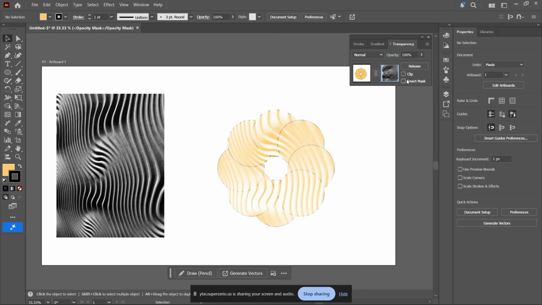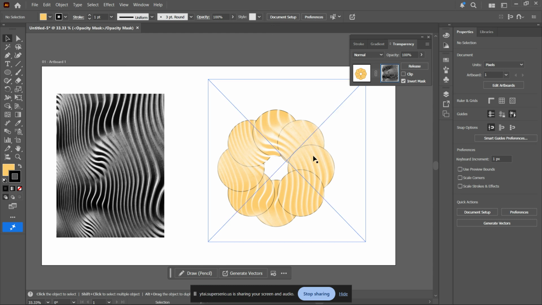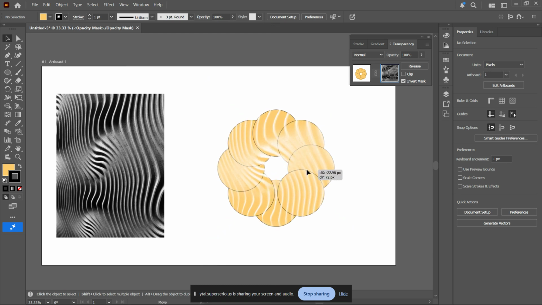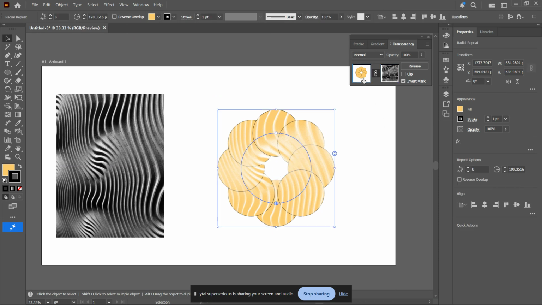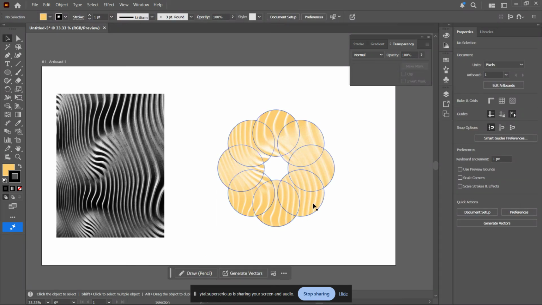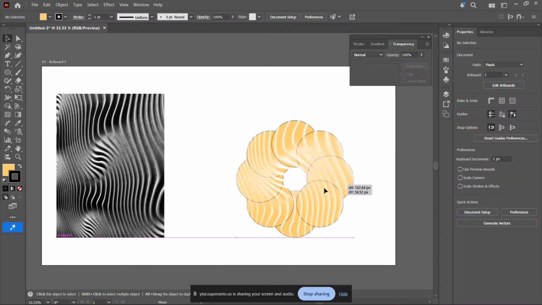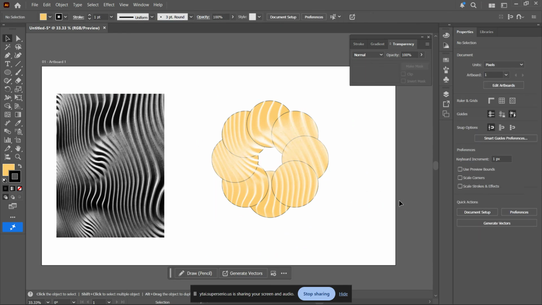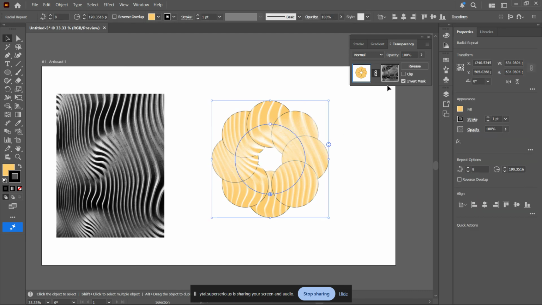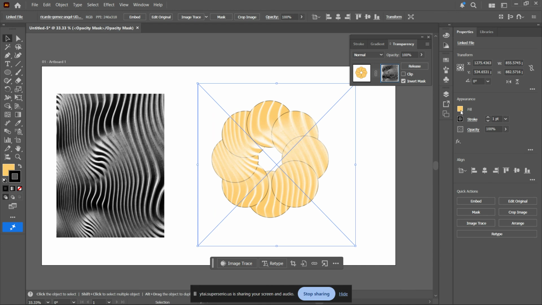Once you're happy with how the texture looks, go back to the Transparency panel and click the left thumbnail. This exits mask mode and returns you to editing your original artwork. Your texture is now fully applied as a mask, and you can move the entire textured object around your artboard like normal. And that's it. That's how you apply textures in Adobe Illustrator using opacity masks. This technique gives you precise control, keeps your design non-destructive, and works perfectly for professional branding, posters, merchandise designs, and